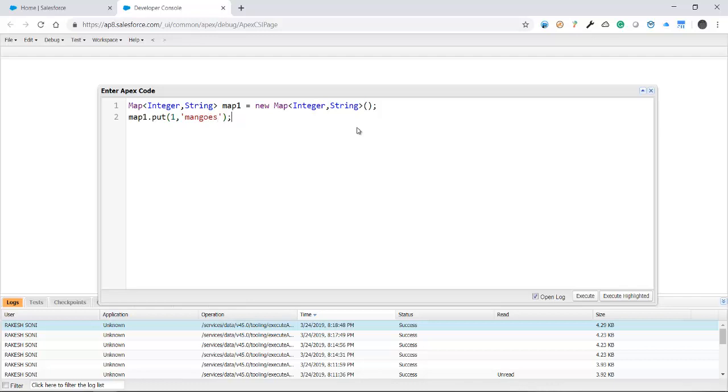Okay, now I can write map1.put again. I want to insert, so again it's 2 as an Integer key, and now the value will be Apple, which is a String. So now I'm going to write System.debug, because I want to know exactly what values I have. So results